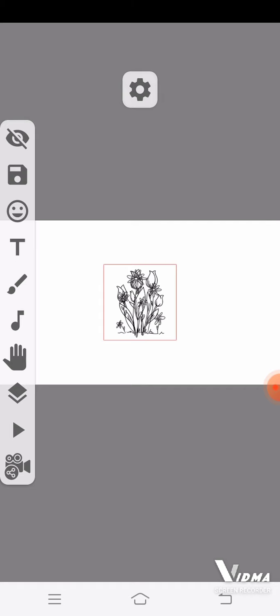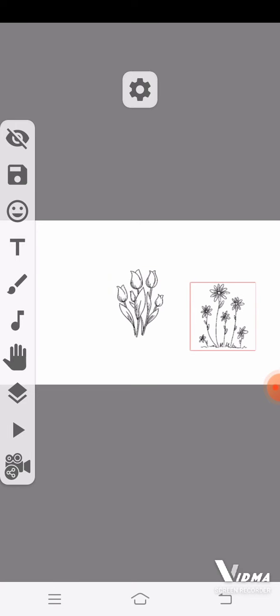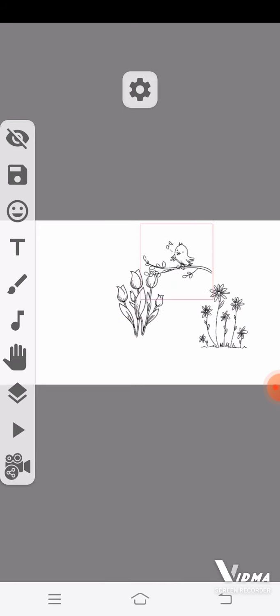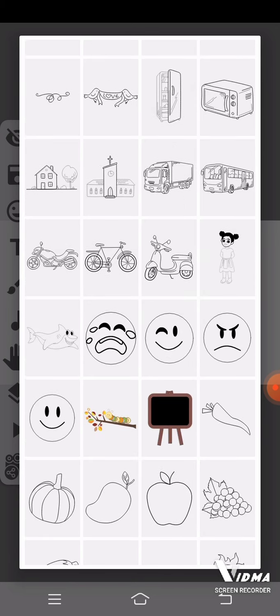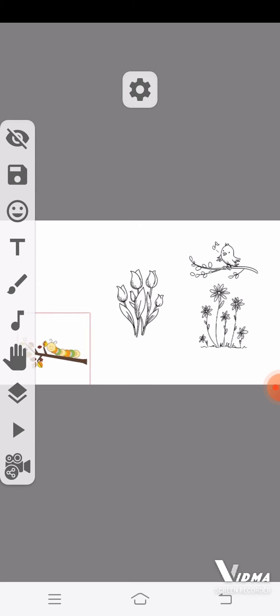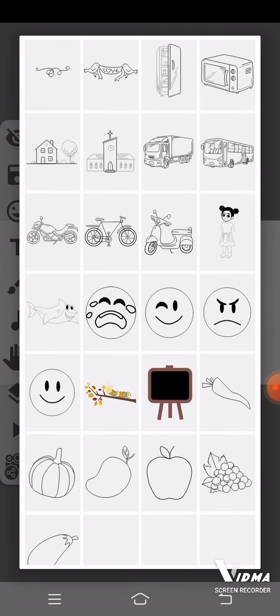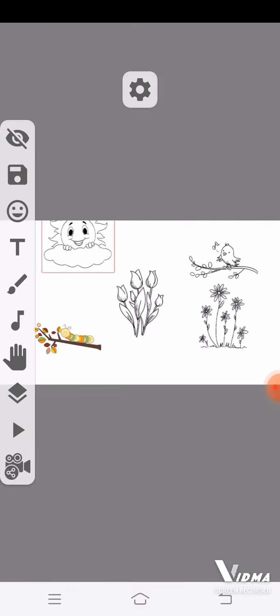Okay, what happened to it? That only came. Okay, let's separate it. I will go for some other thing. I will go for some birds. I will go for some more nice things. Caterpillar, I'll place it here. I will go for the sun and the moon option here. This bright moon. So I have kept it like this.